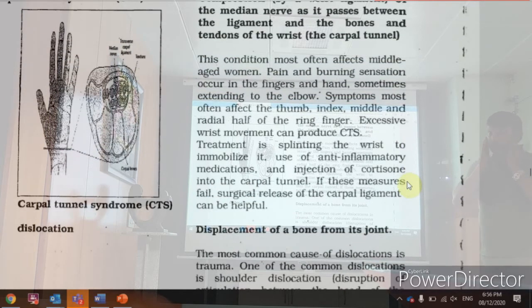Dislocation. Some people, when they open their jaw wide, the joint slips and comes out. That is known as lock jaw. The only treatment is that a dentist or somebody takes these two fingers and pushes downwards, backward and upward. We put it back. Reduction. Open, closed reduction. We put it back. For them, we say whenever they eat, they should not open wide.